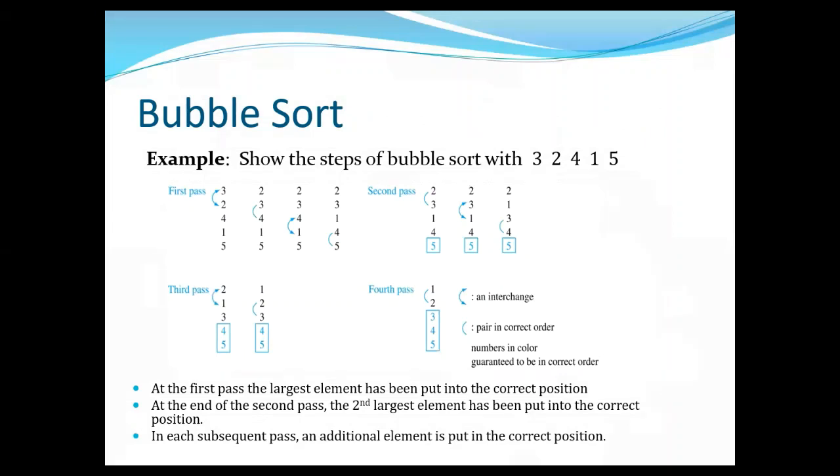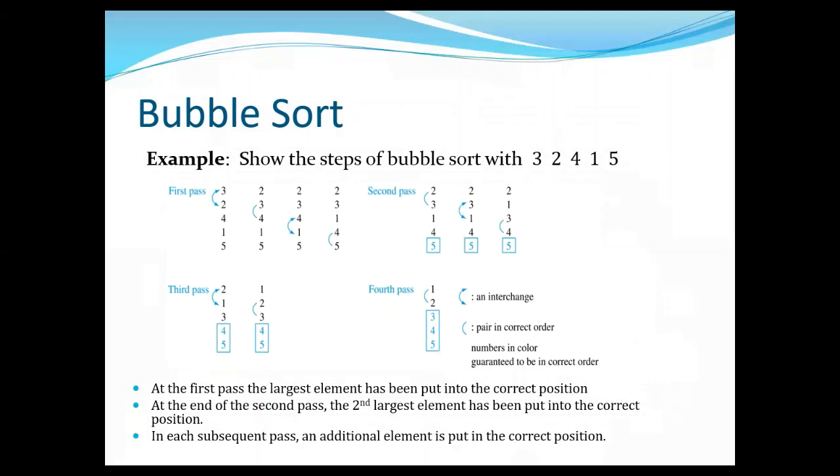To carry out the bubble sort, we perform the basic operation, that is interchanging a larger element with a smaller one following it, starting at the beginning of the list for a full pass. We iterate this procedure until the sort is complete. Okay, so for example,